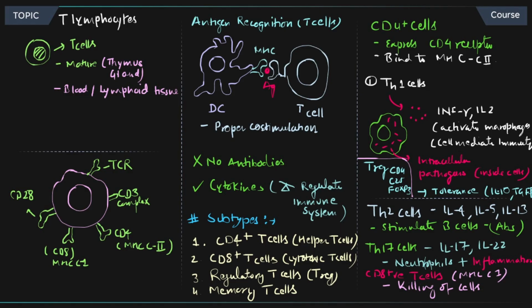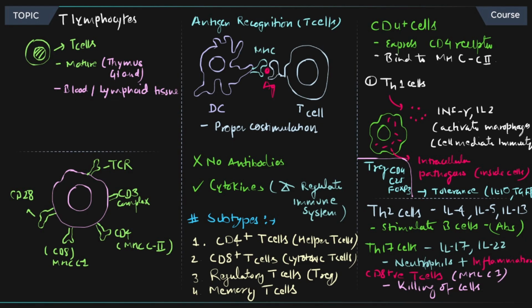you have memory B cells. Their role is basically to remember the pathogen. So next time a pathogen or antigen comes, they immediately get activated and the immune response is much quicker. So you have effector memory T cells, you have central memory T cells, and if I summarize all those points, so you have